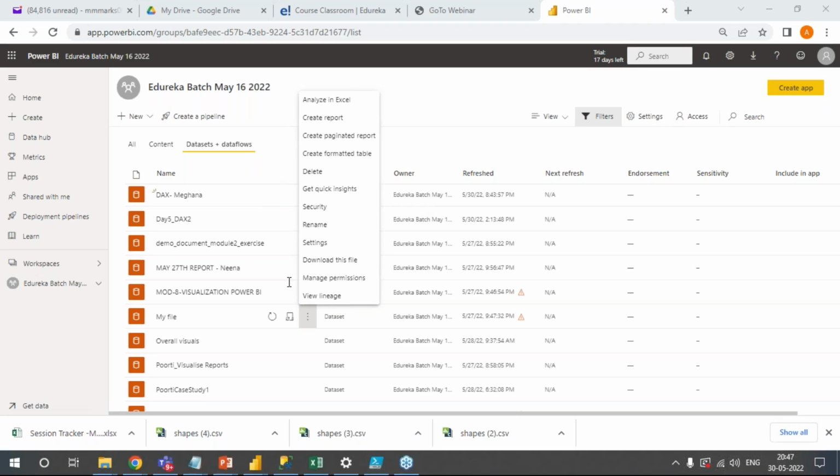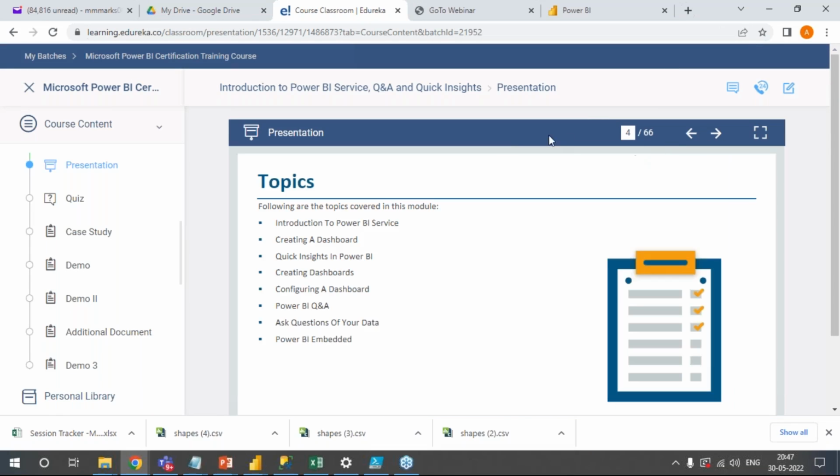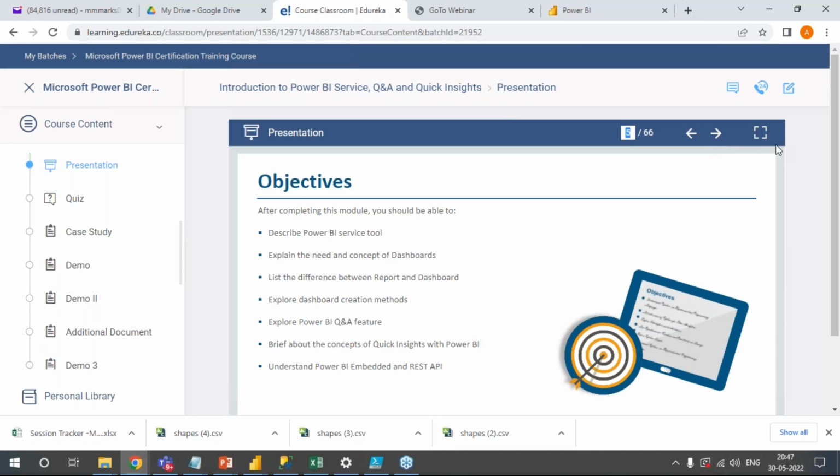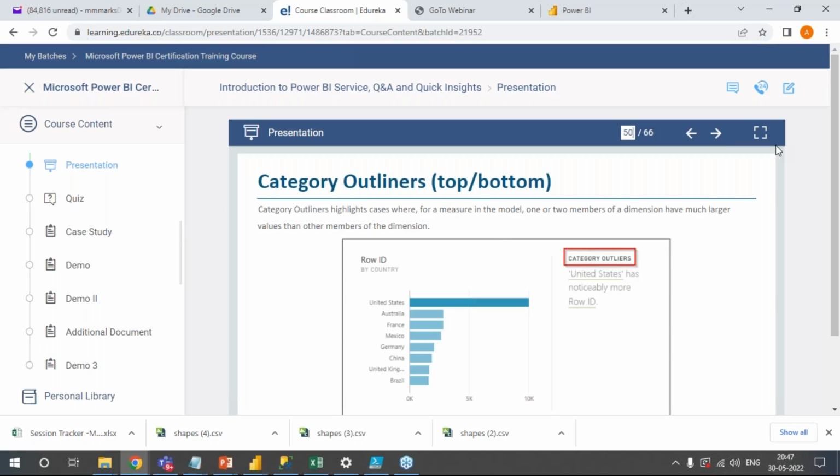Edureka Shaker asks, so it's basically segregation of data? No, it's not segregation, I would say. It's showing some variance, it's showing outliers, how your sales are distributed. For example, if you go to this, here you will see some information. Probably I will see, where do we have this? You see here,